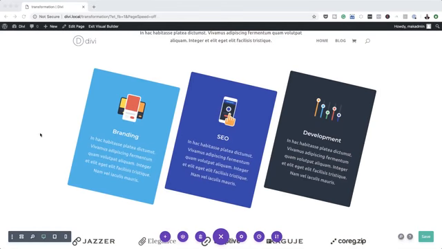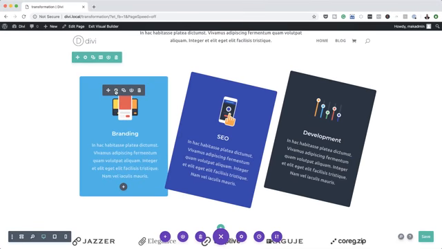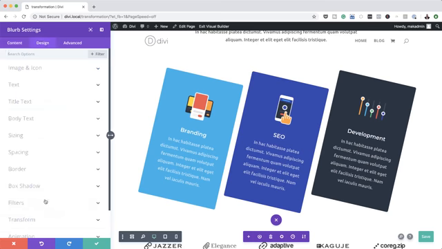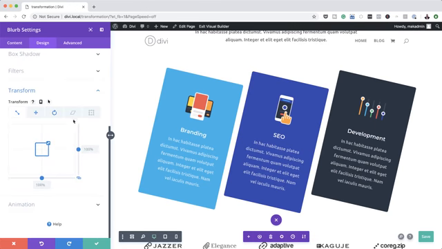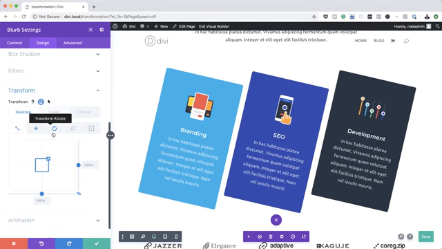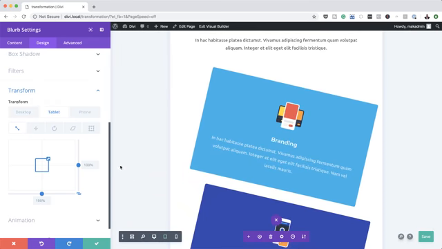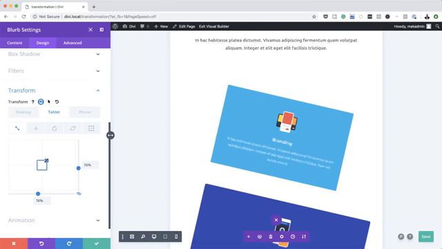Adriano says, can I move this differently on mobile? Yeah, actually, yesterday when I was playing around with this, in fact, let me show you. For mobile, if I come over here and go to design, transform, you notice we still have this little tab here for our mobile devices. If I click here and go to tablet, we can see here in tablet,